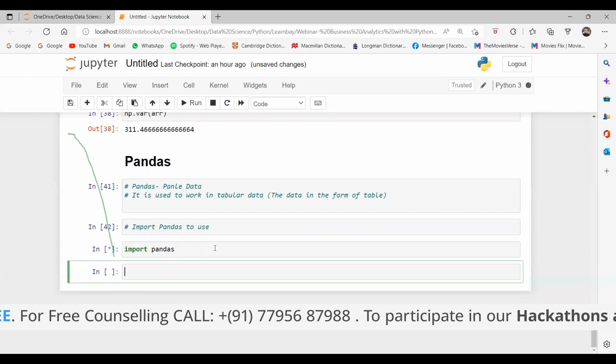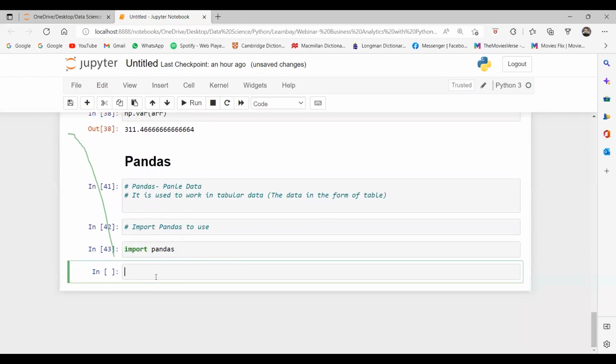As I say import pandas, all operations related to pandas are available now, guys. It is a longer name, so I can give an alias to it, PD. If I say import pandas as pd, it means wherever I use pd, it means pandas.